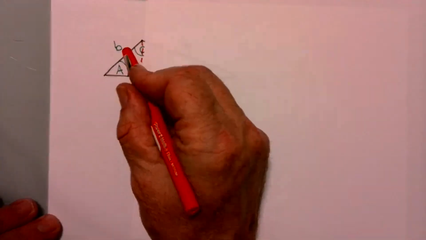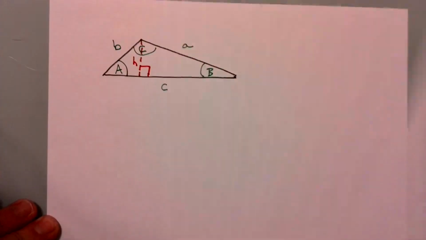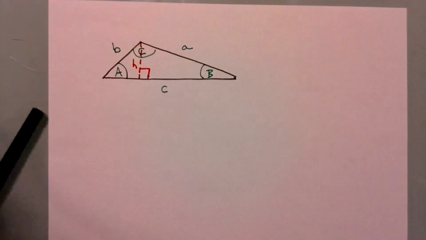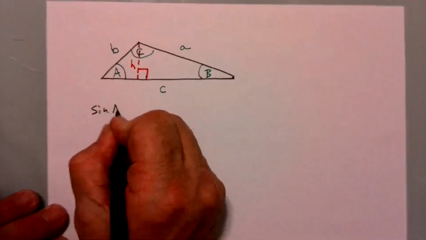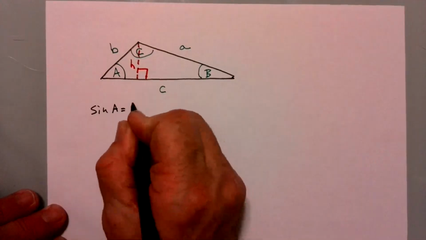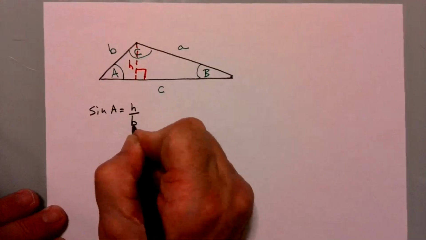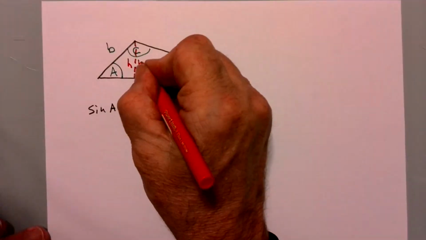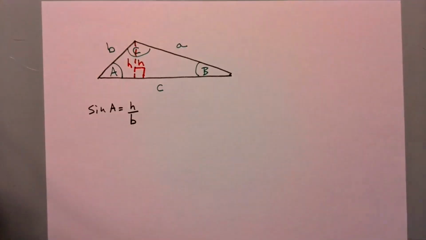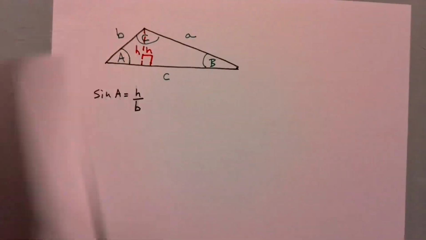Sine is opposite over hypotenuse. So sine of A is H over B. Let's go ahead and say that. Sine of angle A is H over side B. And again, H is the same thing here, right? Whether I label it on the left side or the right side, it is the same thing. But if I look at this triangle now,